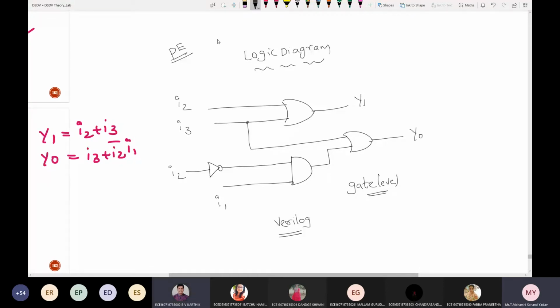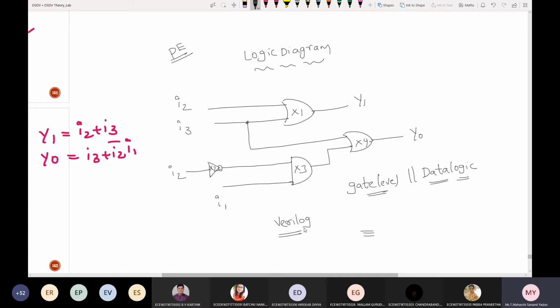Remember that. Why? Because here, you are saying that you can write the code for gate level as well as for data flow. Can you tell me the logic of how you have written it? I think you have followed this concept with x1, x2, x3, x4. You have called primitive cells like two OR gates, one AND gate, and one NOT gate. So you have written the gate level code. Yes or no? Yes sir.